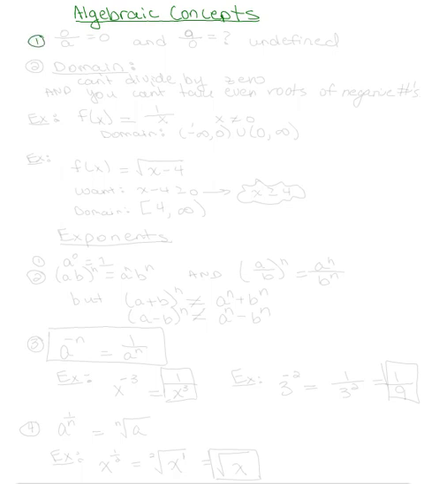But first, let's go over the fact that 0 over any number equals 0, because a times 0 is 0. However, if you take a number like 9 divided by 0, or a divided by 0, and say, what does that equal? Well, no number times 0 equals a, so this is undefined. So functions are undefined when we have the denominator equal to 0,